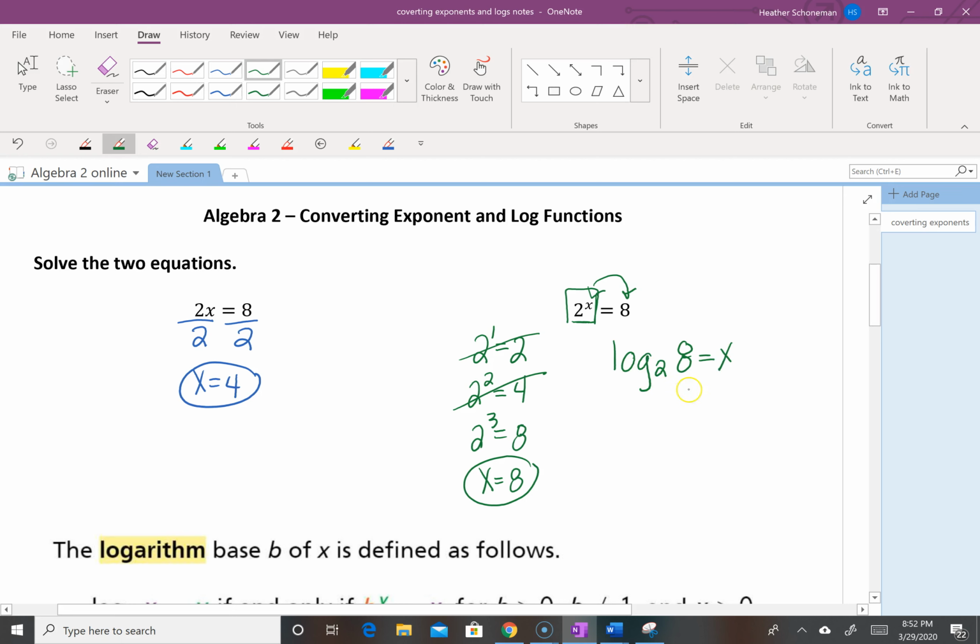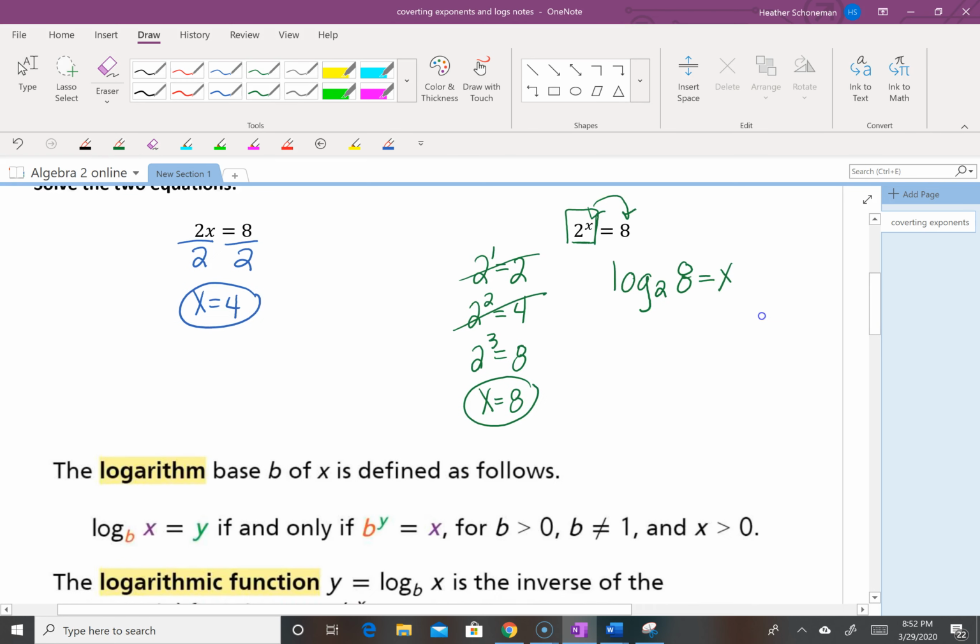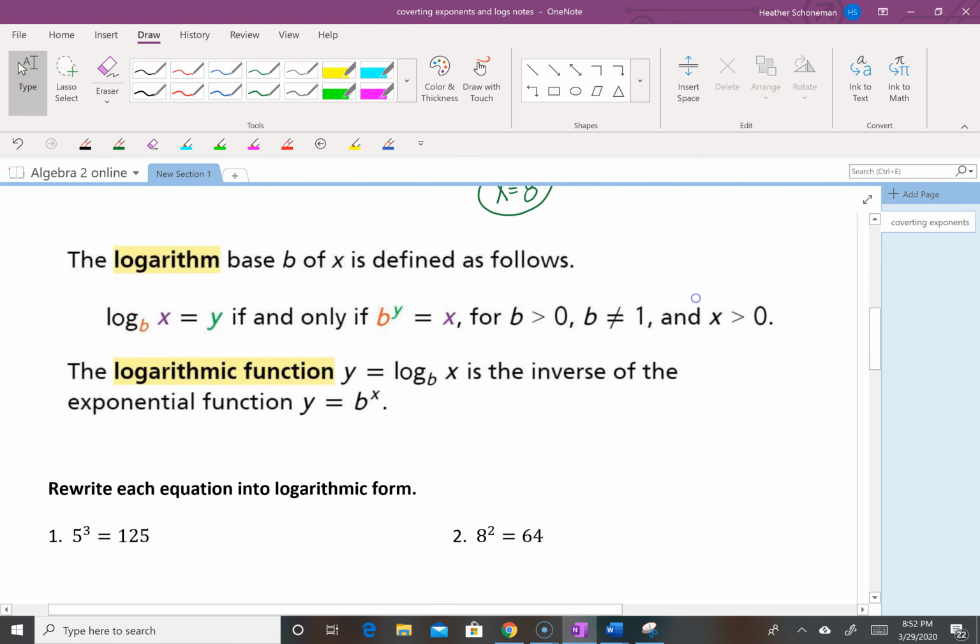Now this one we could solve without a calculator because we just did it, but if we had something that was not solved without a calculator, this is where we'd plug it into the calculator. But that's Wednesday's problem. Let's focus on this. This is how the book writes out the definition, and I think it would be important for you guys to write down